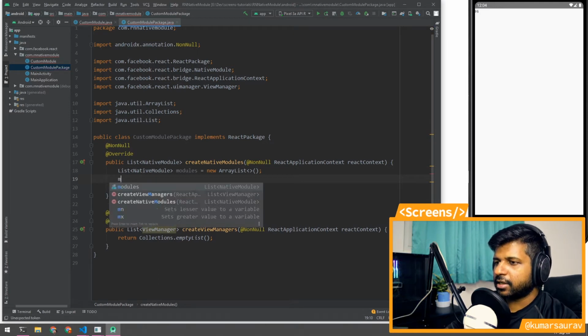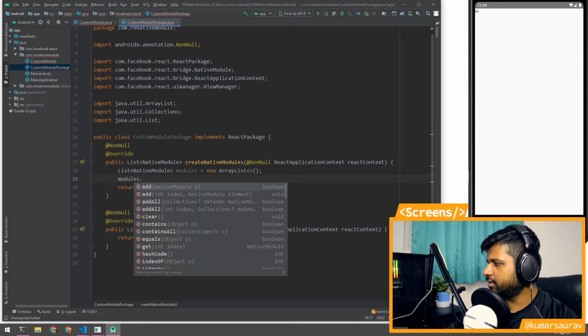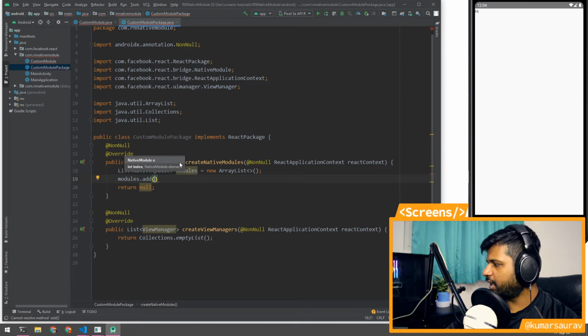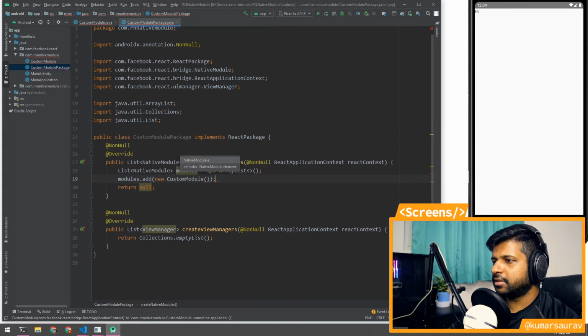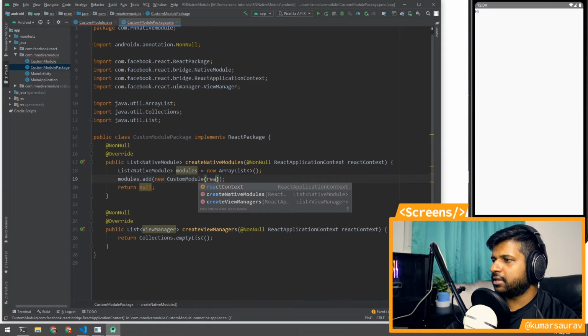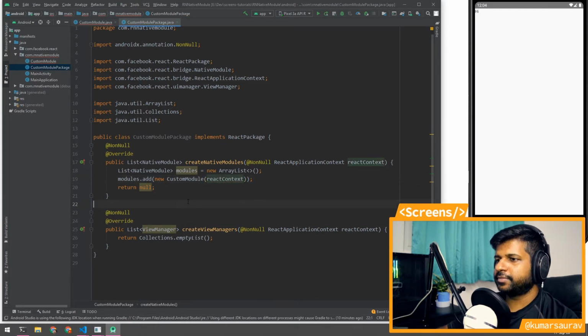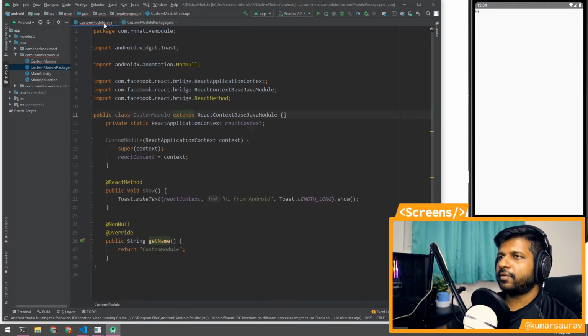Then we'll add our module, which was custom module, pass the React context, and return modules. Now we have our package.